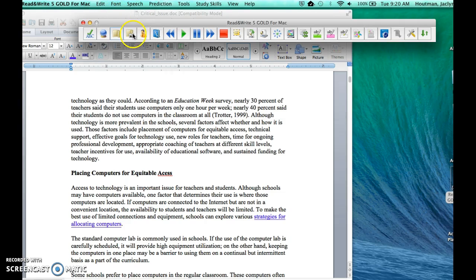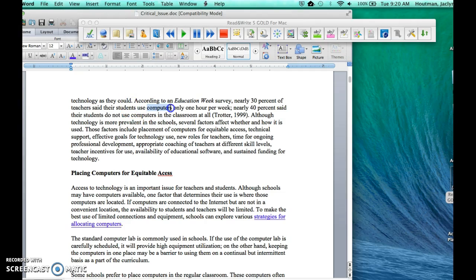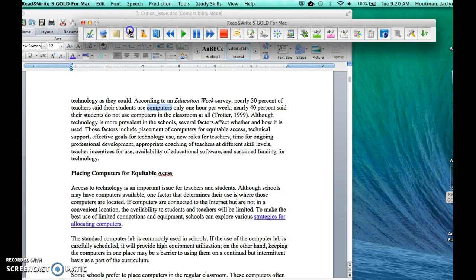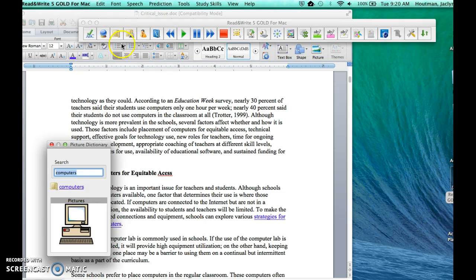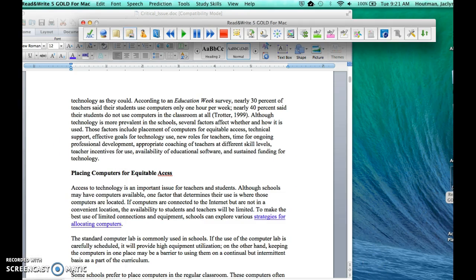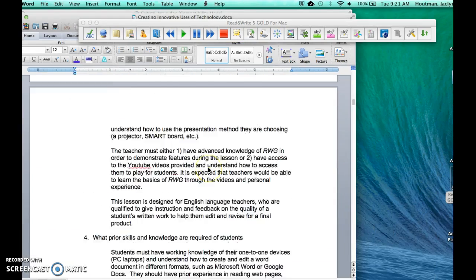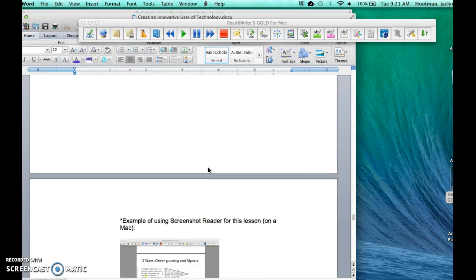And for visual learners, there's also a picture dictionary feature. So if you highlight your word and go ahead and click on picture dictionary, it will generate visual images. Okay, if there's more than one definition for a term, it will show several. So for example, for the word triangle, let's see, I think I have, yeah, if we go down here,